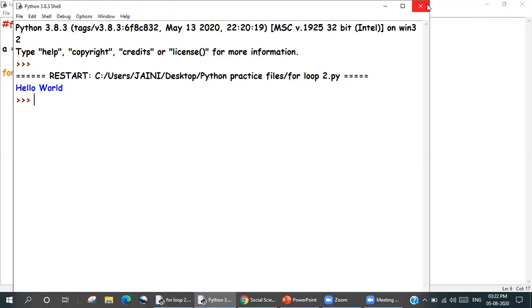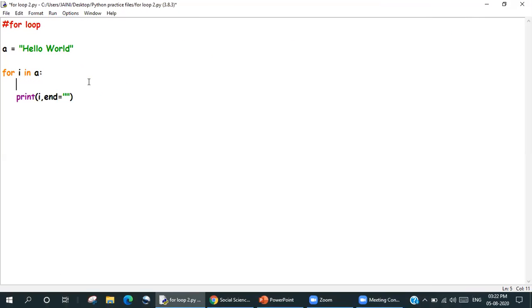So how I'm going to accomplish it is, as soon as we enter the loop, I'm going to check: if i is not equal to space, then I want you to print i, and everything in one line.